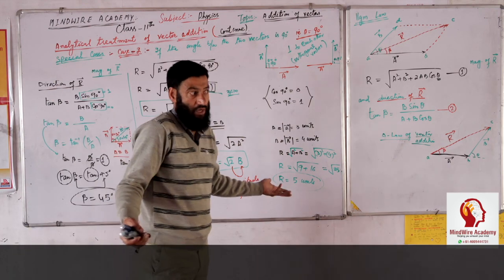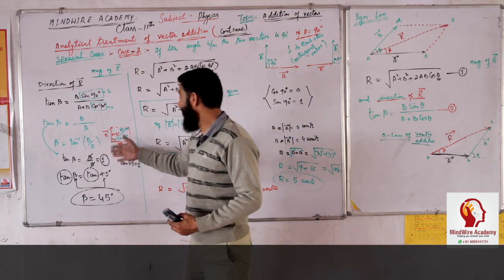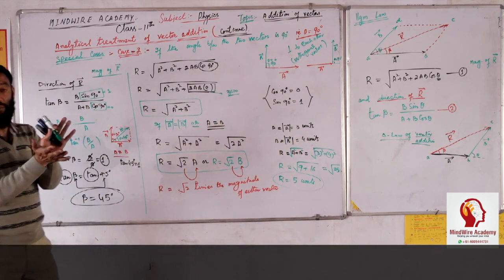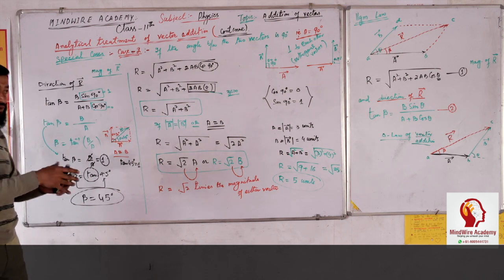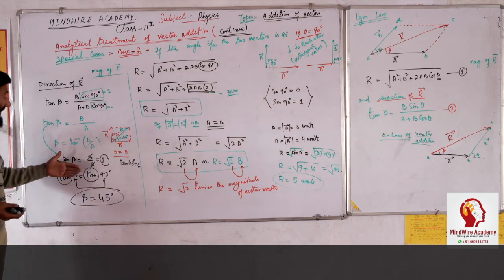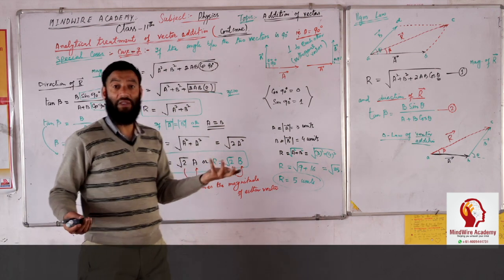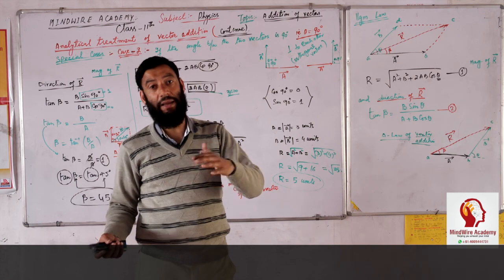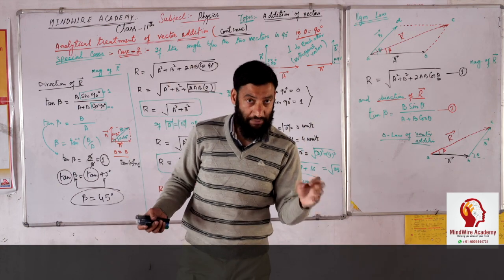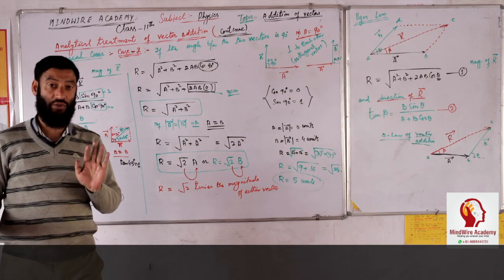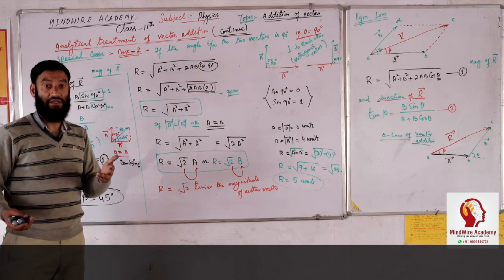So here the angle between them is 90. This is not a necessary condition, that only if the vectors are perpendicular and their magnitudes are same. So separately I will take a separate case in which I will prove that if 2 vectors have any arbitrary angle theta between them, and the magnitude of vector A is equal to the magnitude of vector B, magnitudes are same, then the resultant will bisect the angle between the 2 vectors. That I will take in a separate case.